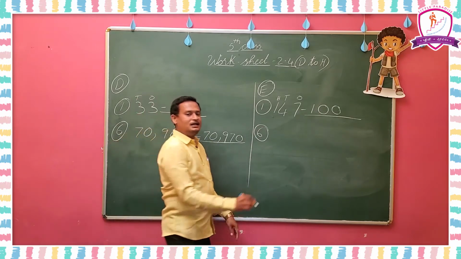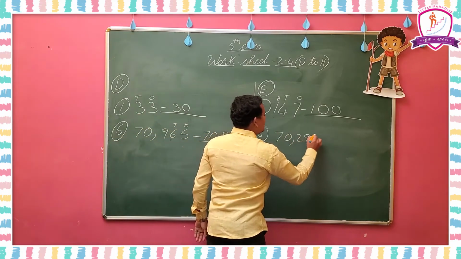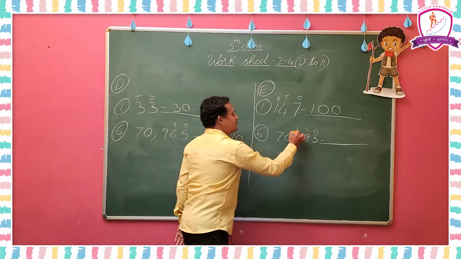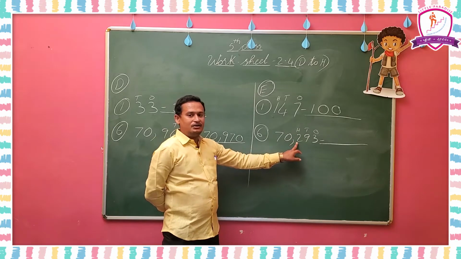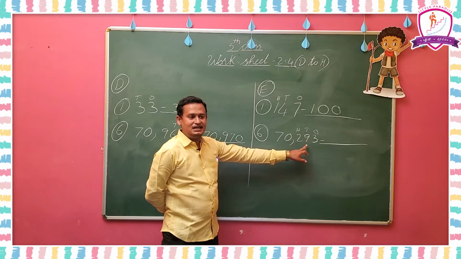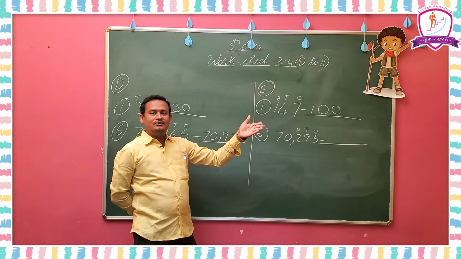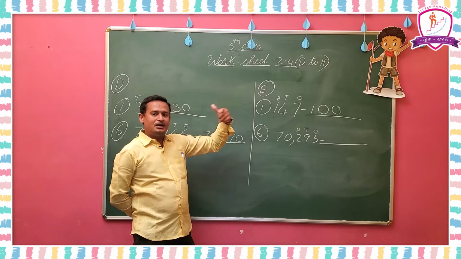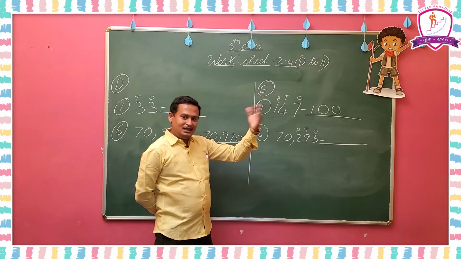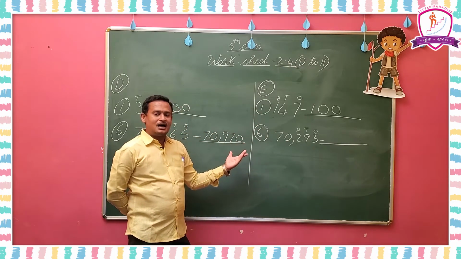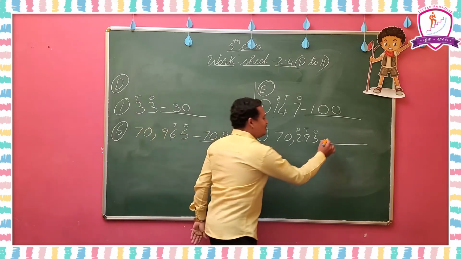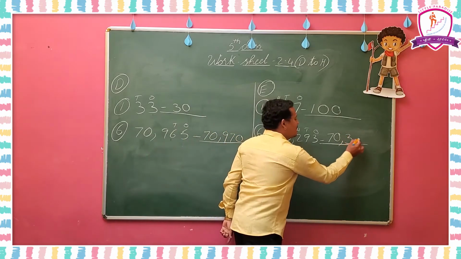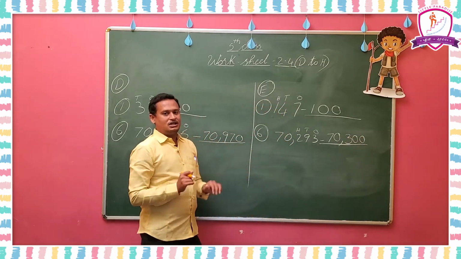Next I am going to explain the sixth one in this Roman also. What is the sixth one here? 70,293 is there. Here we are going to observe the tens place again. To round the hundreds place, we have to observe the tens place. Tens place 9 is there. 9 is greater than 5. Greater than 5 means the hundreds place will be rounded up. Rounded up means 200 will become 300. The digits before the hundreds place stay the same, so we write 70,300. The hundreds place will become 300, and the ones and tens places will become zeros.